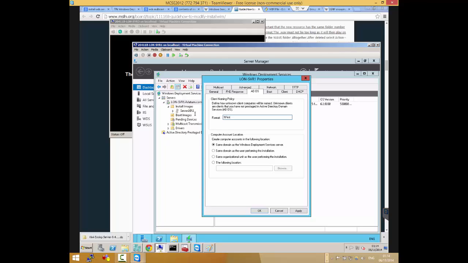If you use percentage 5 and then put first, that means I want the first 5 characters of the user's first name. The one we saw, percentage 61 username, means I want only the first 61 characters of the username.